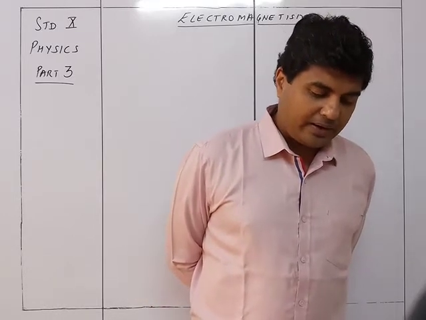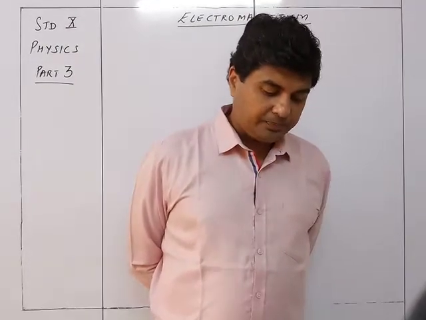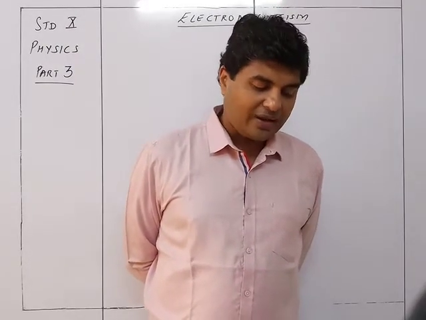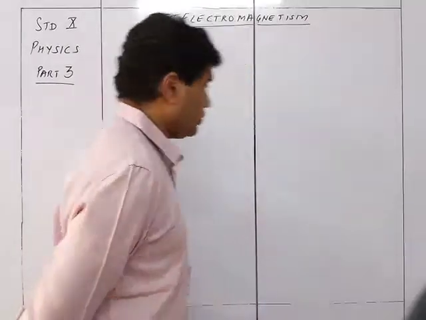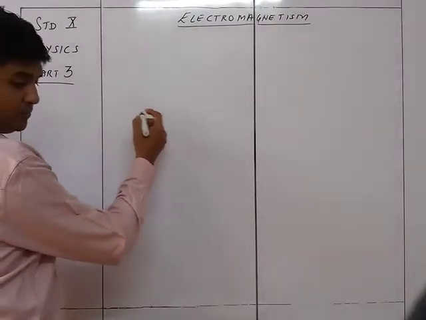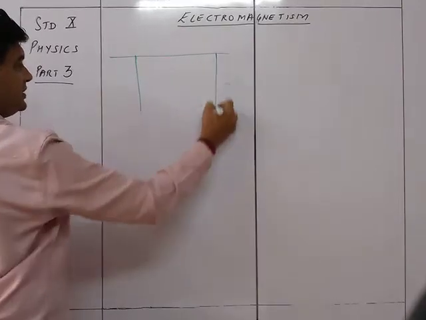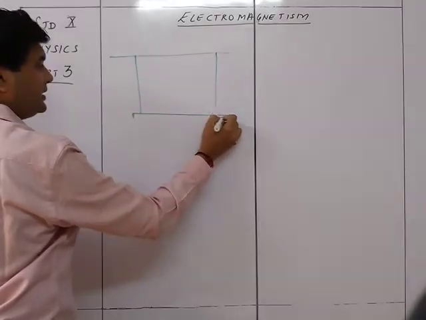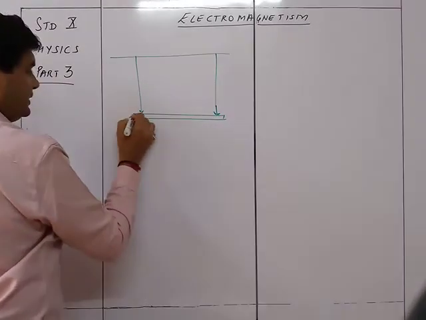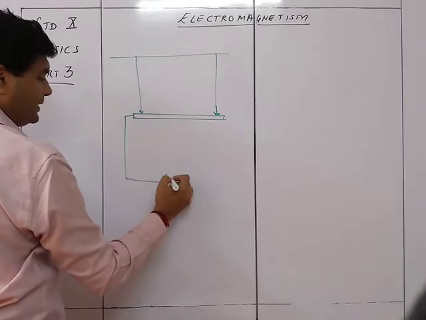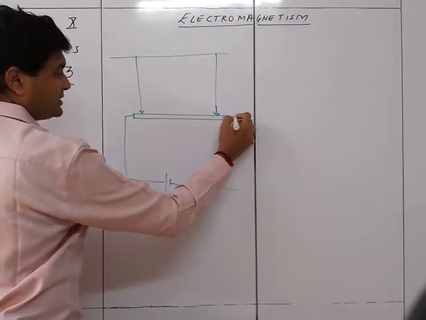In the figure 10.22, the magnetic field B is in the plane of the paper in upward direction, and the wire also lies in the plane of the paper with its length AC in X direction. So what is going to happen is we are having this particular kind of a support through which is the string, and this is the conductor. This conductor is connected to the wire like this over here, and then this is connected to a battery, key and a rheostat, and this is connected like this.